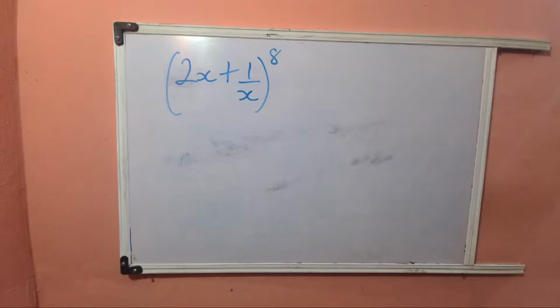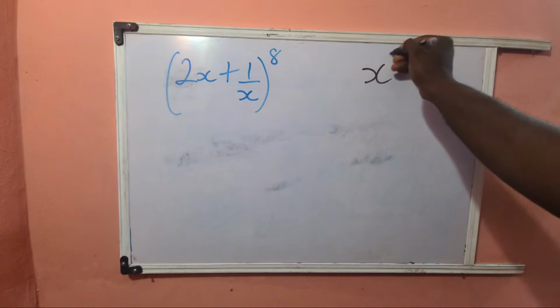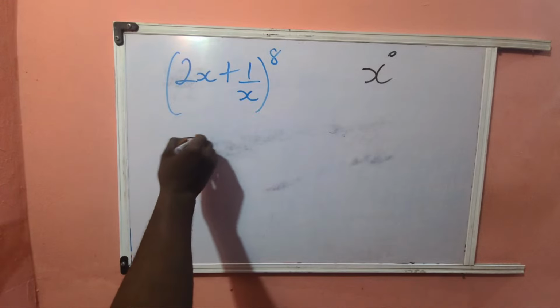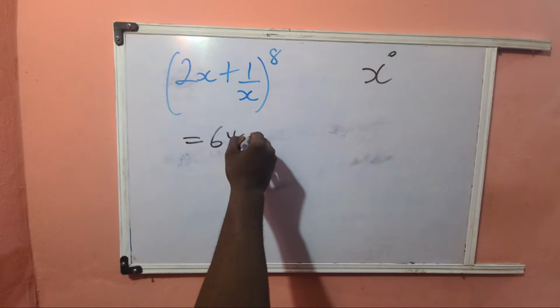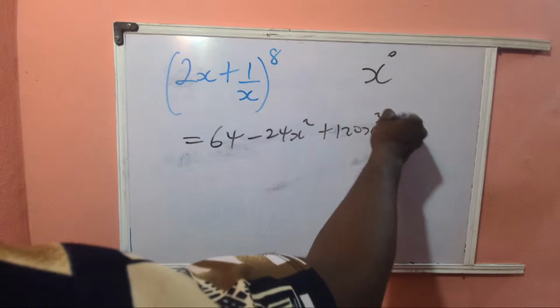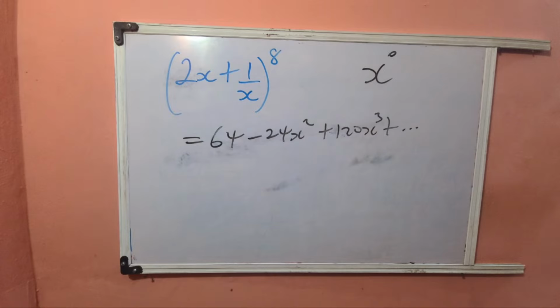When they told you to find the constant term, the constant term is that term that has x raised to power 0. Let's assume you had your binomial expansion, for instance, imagine you had the expansion of a particular binomial to be 64 minus 24x squared plus 120x cubed, and so on and so forth. Now, if they told you to find the constant term here, of course you realize that looking at this expansion,